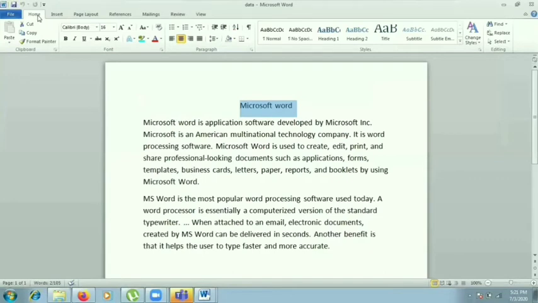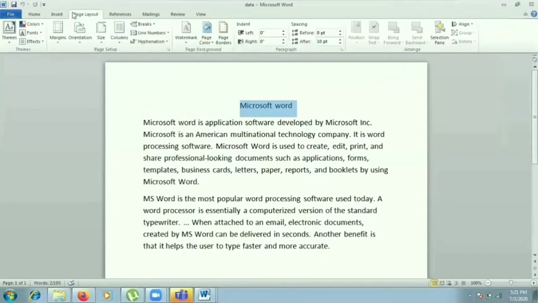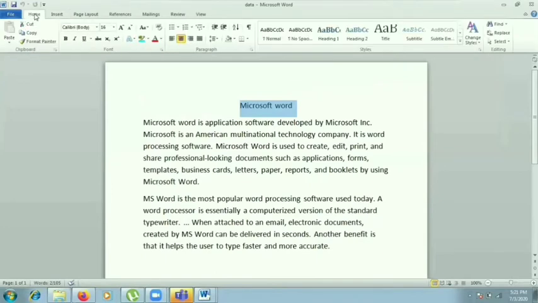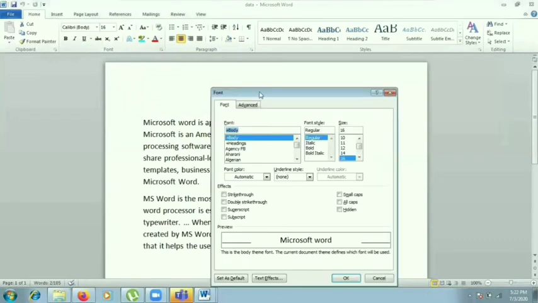You can see here there are different ribbons: home, insert, page layout, different ribbons are here. In the home ribbon, font group. This group is basically used for text formatting. If you want to see the complete font dialog box, there are two options. You can click on the arrow or you can press a shortcut key.